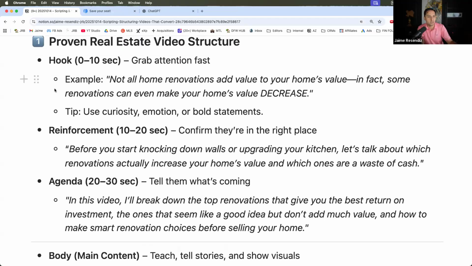Is this how you're structuring your videos? Or let me ask it this way. Do you have a structure to your videos? Let me know in the comments or unmute yourselves because I think this is important. And also testing if you're awake. Do you have a structure to your videos? Is there a rhyme or reason to how you construct your videos, or whatever falls off the truck is what falls off the truck?